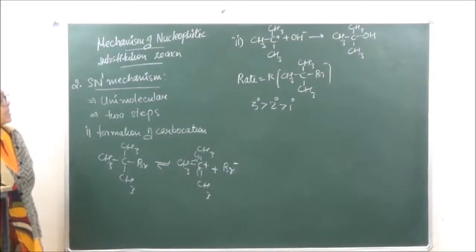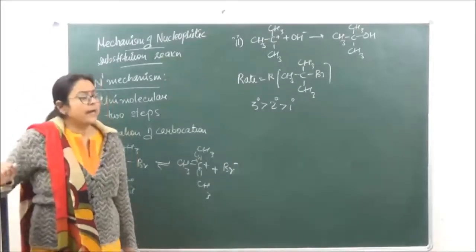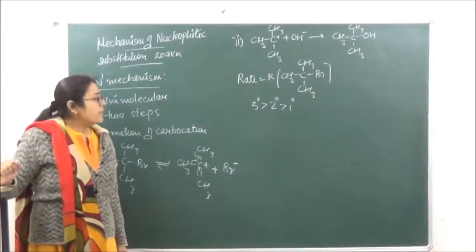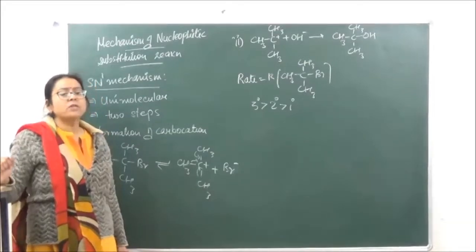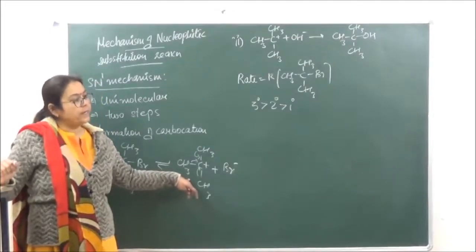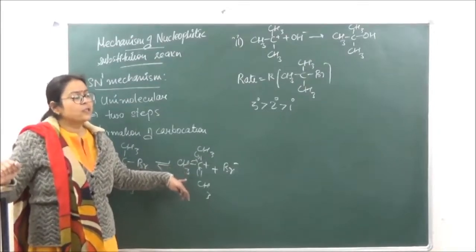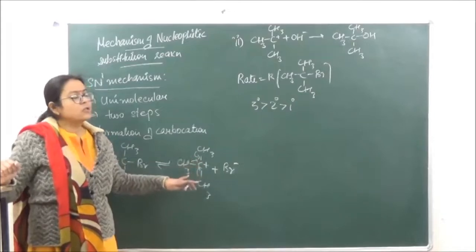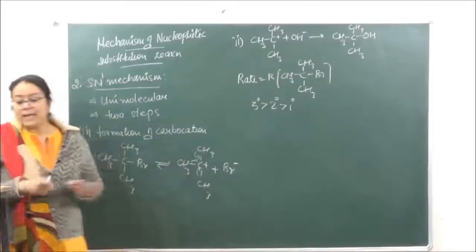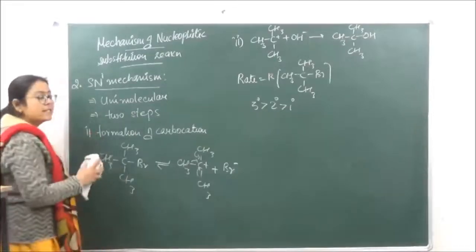Now sometimes what happens is that whenever a reaction is taking place, the product which we get is not the same as the product which is expected. Okay? That is because of rearrangement of the atoms to form a more stable carbocation. So there are two kinds of shifts which we study over here. This is again a very common question which comes in your competitions. The first one is known as hydride shift, and the second one is going to be known as methyl shift. Okay, so let's understand this carbocation rearrangement which is going to take place for SN1 mechanism.